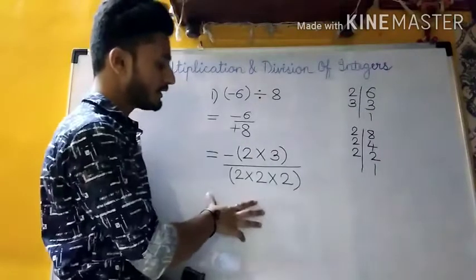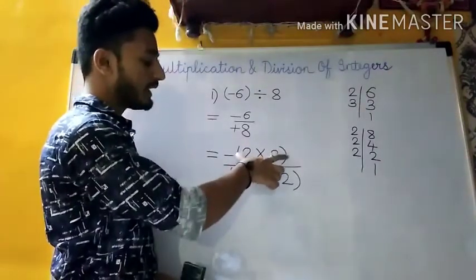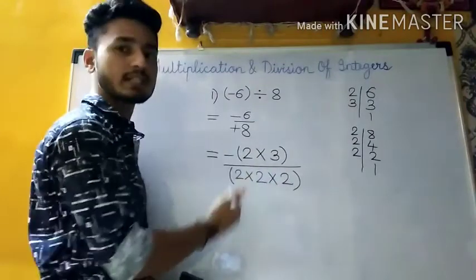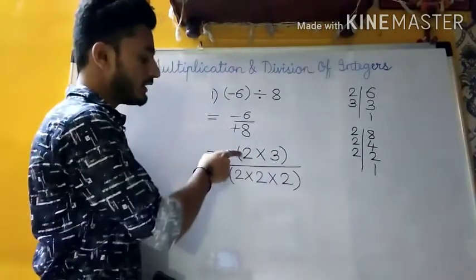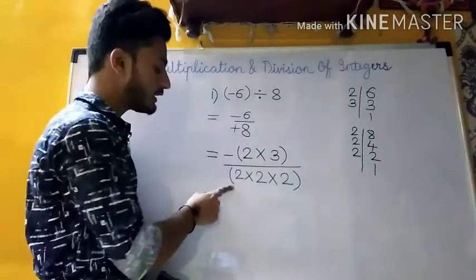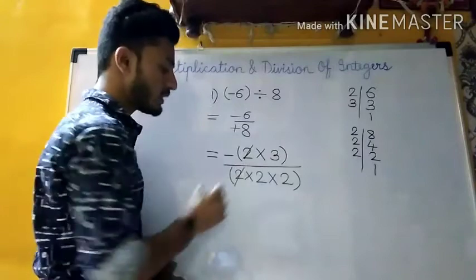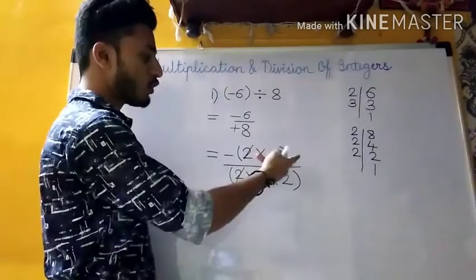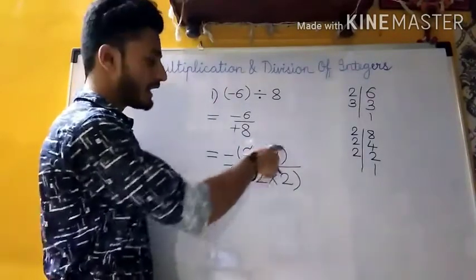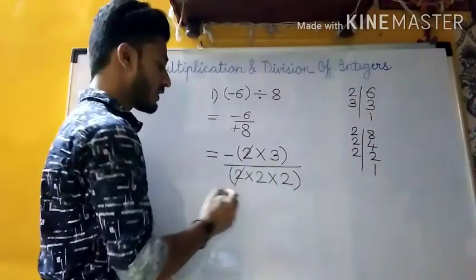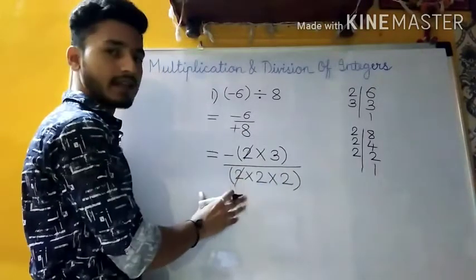Here if you observe, in the numerator and the denominator, there are some similar numbers. Here we have a 2 in the numerator and in the denominator also we have a 2. So this 2 and this 2 will get cancelled. Okay, do we have more 2s to cancel out? No, neither do we have 3 also. So this much only numbers can be cancelled.